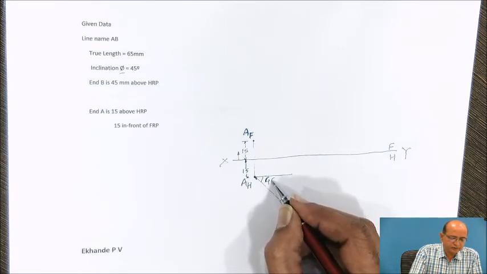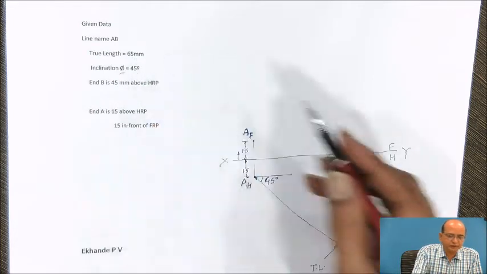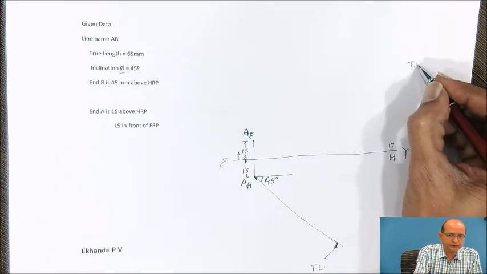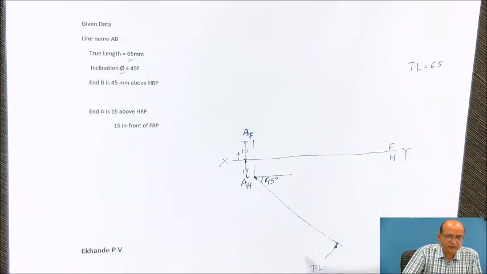So this is the true angle of the line, and on this true angle line, we will get the true length of the line. Means this is the line on which true length is obtained. So on this line, now we will mark the distance equal to true length. How much is the true length? So true length is equal to 65 millimeter. So this 65 millimeter distance we will take in compass and we will mark the distance on this line.